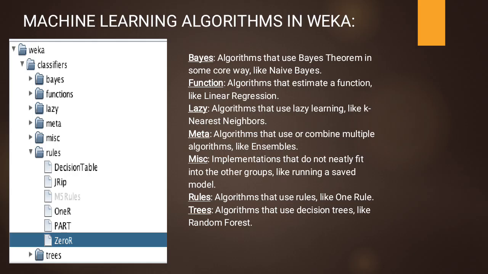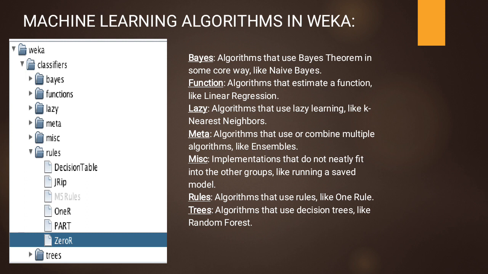Talking about the types of algorithms supported by Weka, we can divide the types of algorithm into 7. The first one is the Bayes type algorithm. Bayes algorithm is an algorithm for conditional probability. There are some algorithms like the Naive Bayes algorithm in the Weka tool that use the Bayes algorithm as a reference for machine learning. So second is functions,